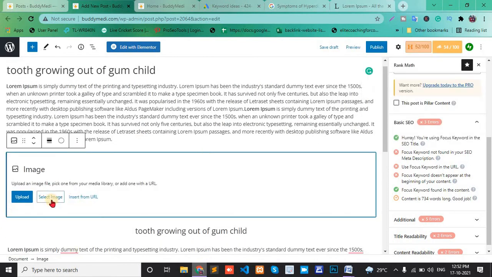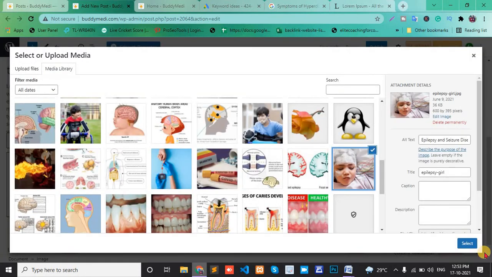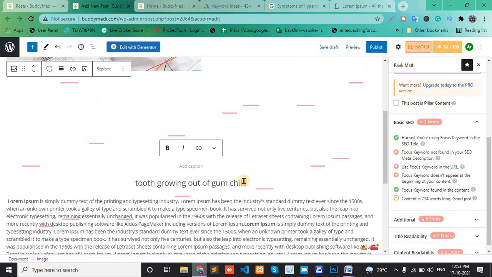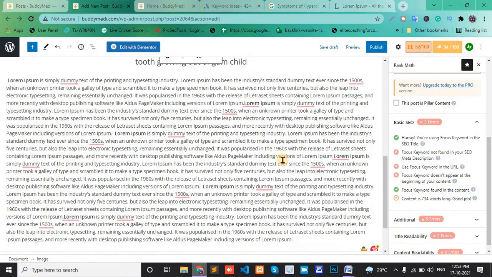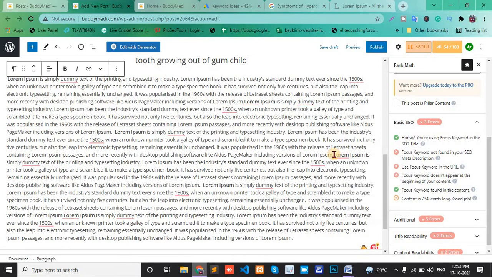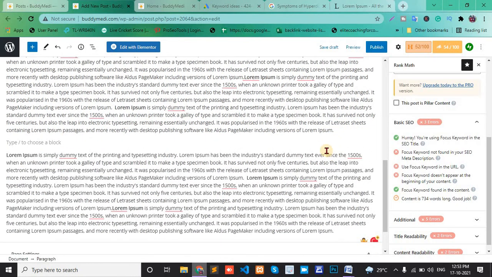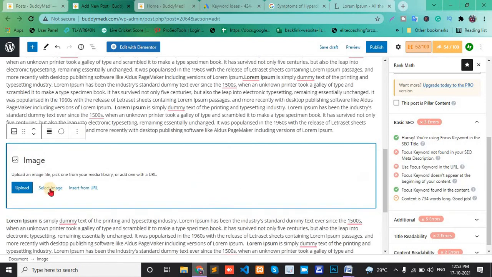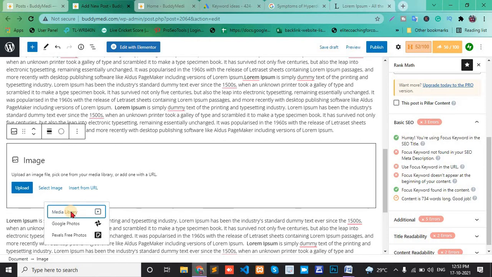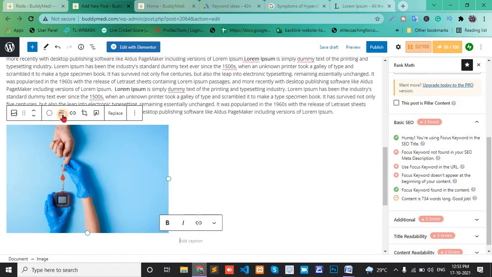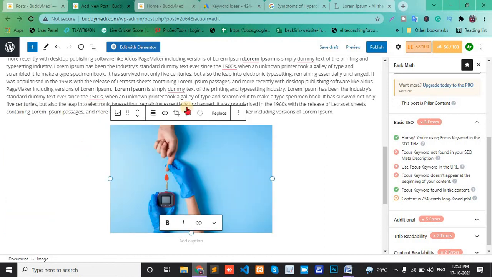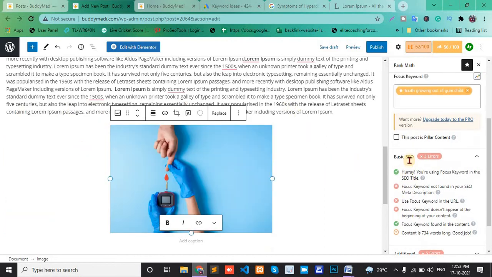Image, select image. Two images here added in my content. Image, select.